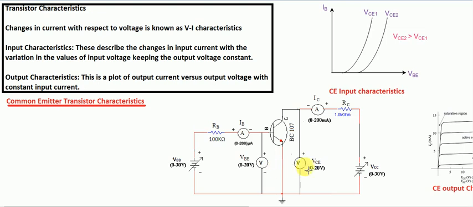Okay. Now we'll go in detail about this for common emitter transistor configuration. In the case of common emitter transistor configuration, how are these characteristics applied, or what are the characteristics of common emitter transistor configuration? That is known as common emitter transistor characteristics. For studying characteristics, which is the relation or the ratio or the variation of current with the voltage, we need a circuit.